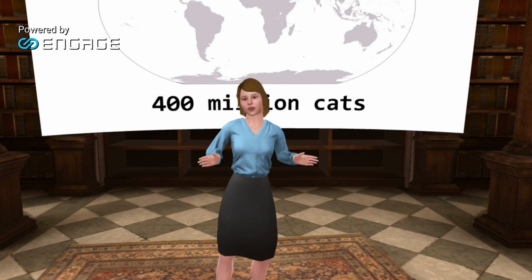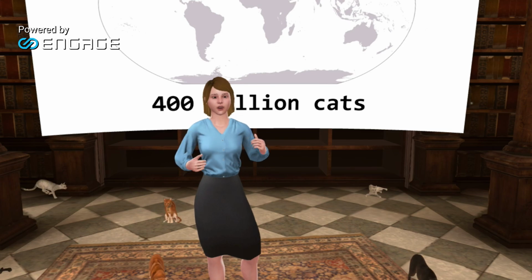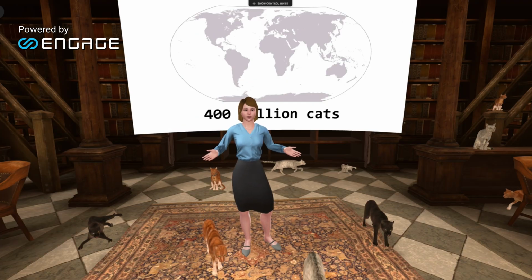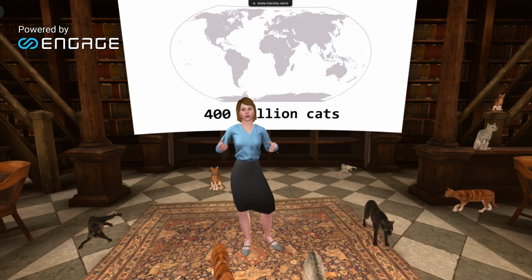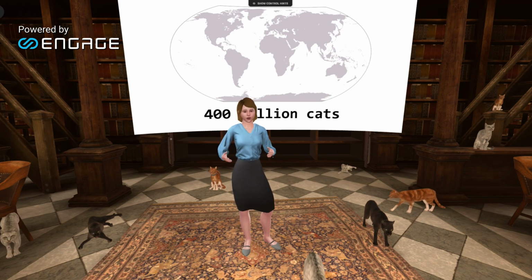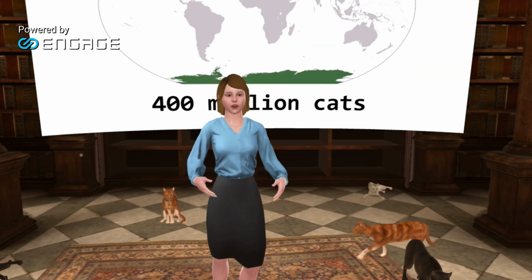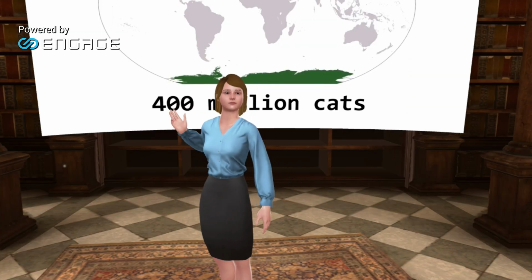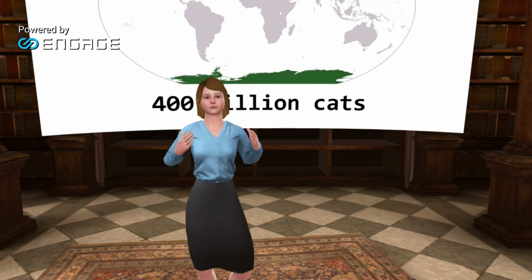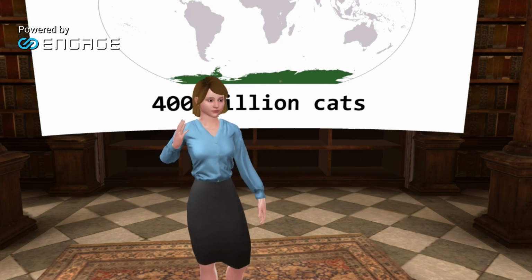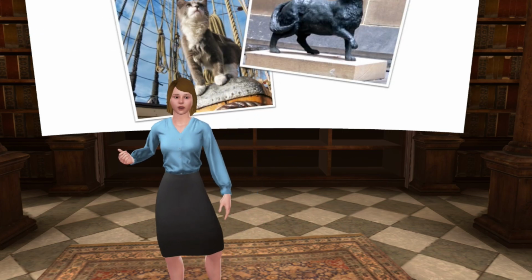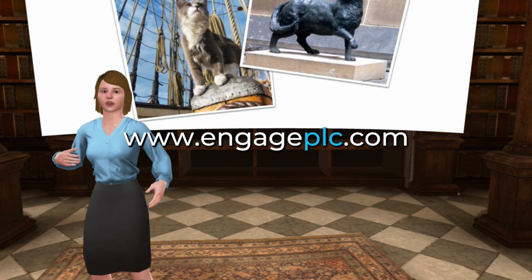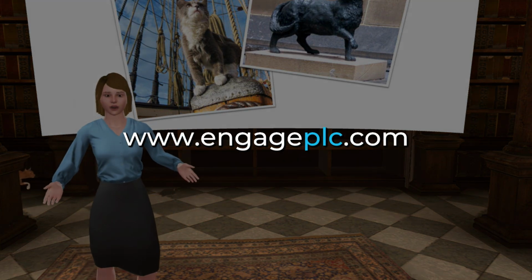We've loved our cats so much that there are now about 400 million cats worldwide. So they are present throughout the entire globe, apart from the polar regions. So over here. How did they get to all these places? Well, cats were extremely popular with sailors, so people would take cats on board their ships just to get